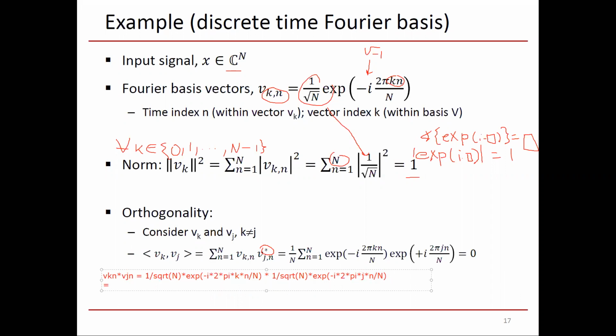This is equal to 1 over square root of N. We have two of them, so it becomes 1 over capital N. And exponents are multiplied: minus i times 2 pi. Or rather, this should be conjugated. And the conjugate gives me negative j instead of j. We take the negative of the phase. Now, minus i times 2 pi negative j n over capital N is plus i 2 pi j n over capital N. So overall I have